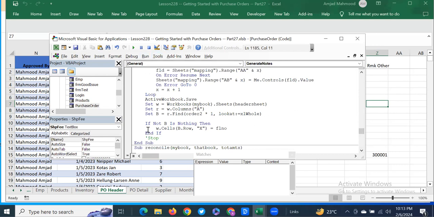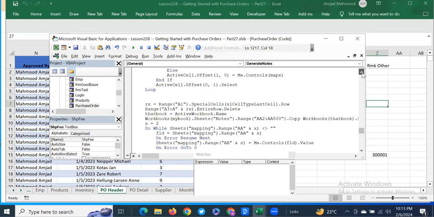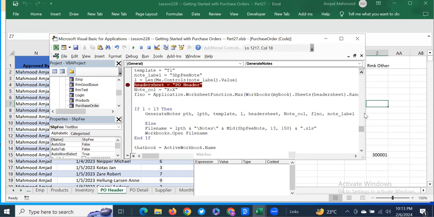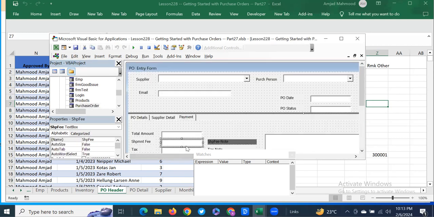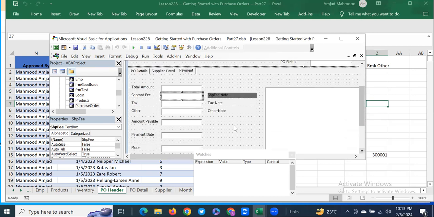Okay, so this is a wonderful shortening of the code. Otherwise, if you don't use this approach, on each double click on the form, on the shipment fee, you need to write a code, and then you have to write separate code for the tax, and go and write that many units again, and for the others. Since these are analogous, similar to each other,